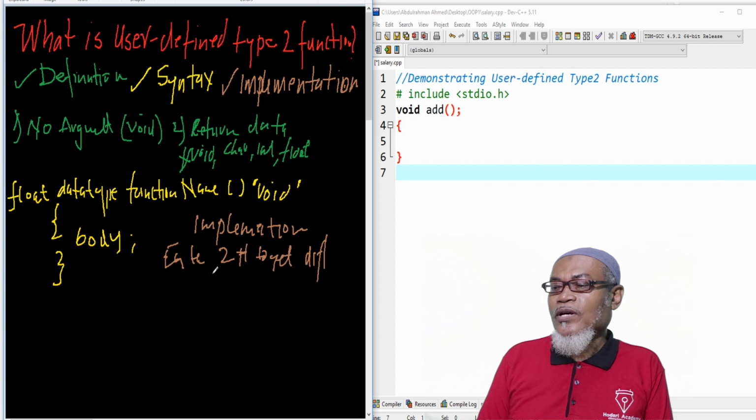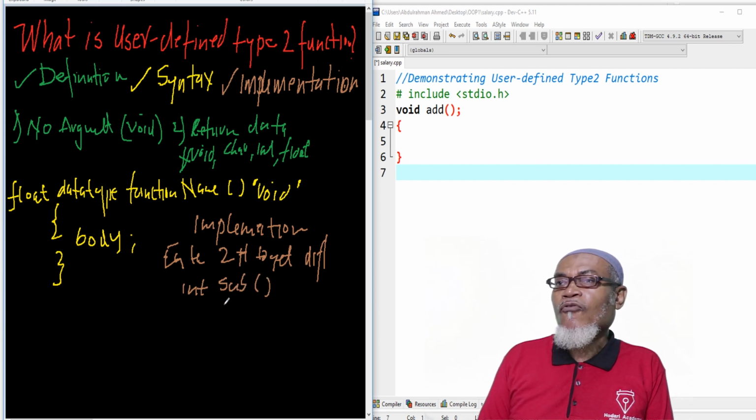So we'll have a return data type, and this time we can have an integer, and we will call our function sub, and then it will take a void argument, and then